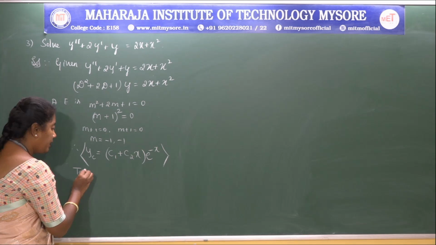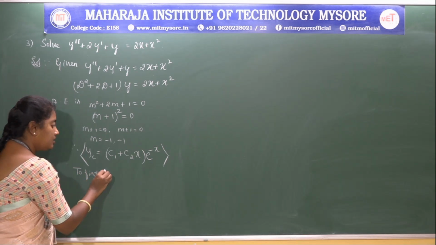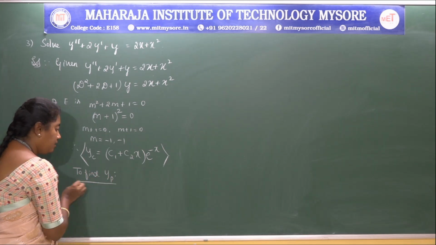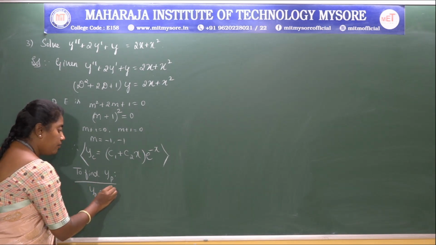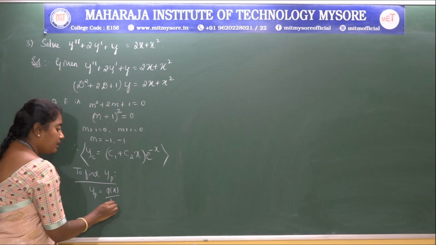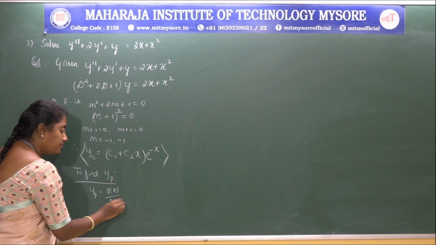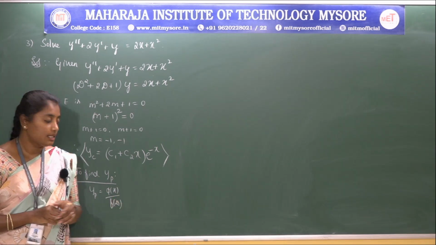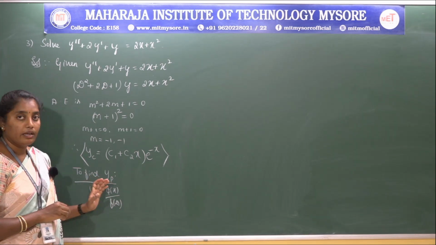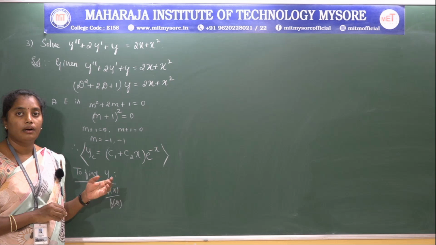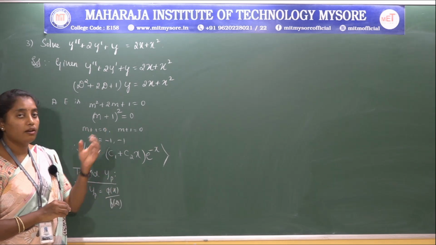Next we have to find the particular integral, that is, to find the yp value. The formula is yp is equal to phi of x divided by f of d. To divide this phi of x by f of d to find the yp value,